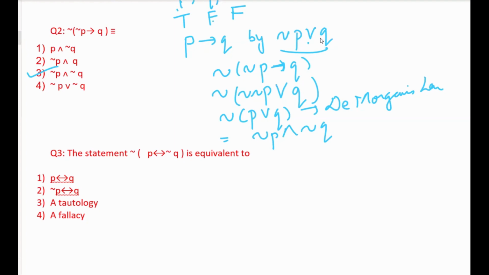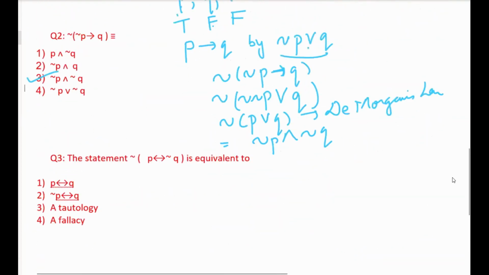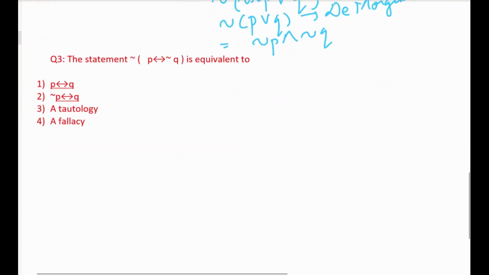Now this question. Question number 3. This is the question which will give you the key to solve any type of question using a truth table. So this is a very important question. Now what we do here, we make a truth table. This is my question. I make different columns,